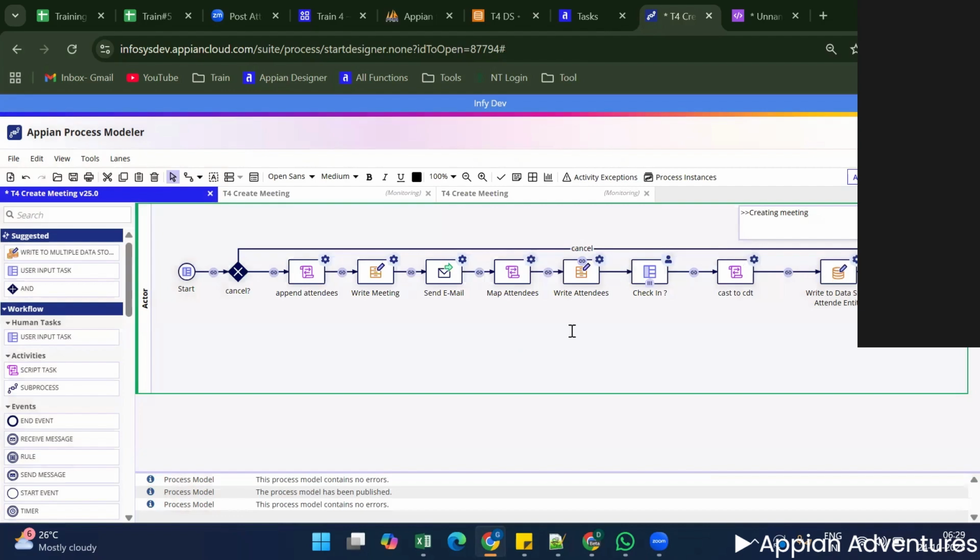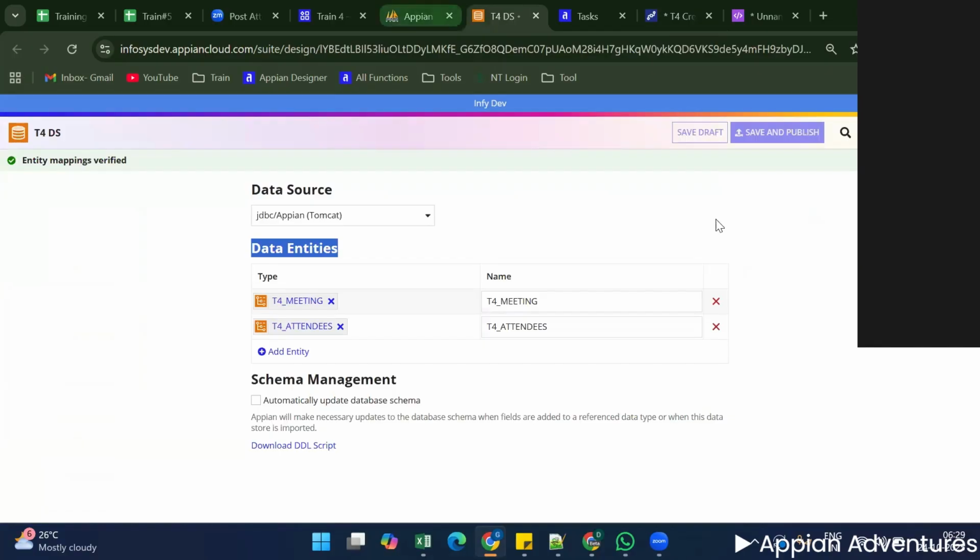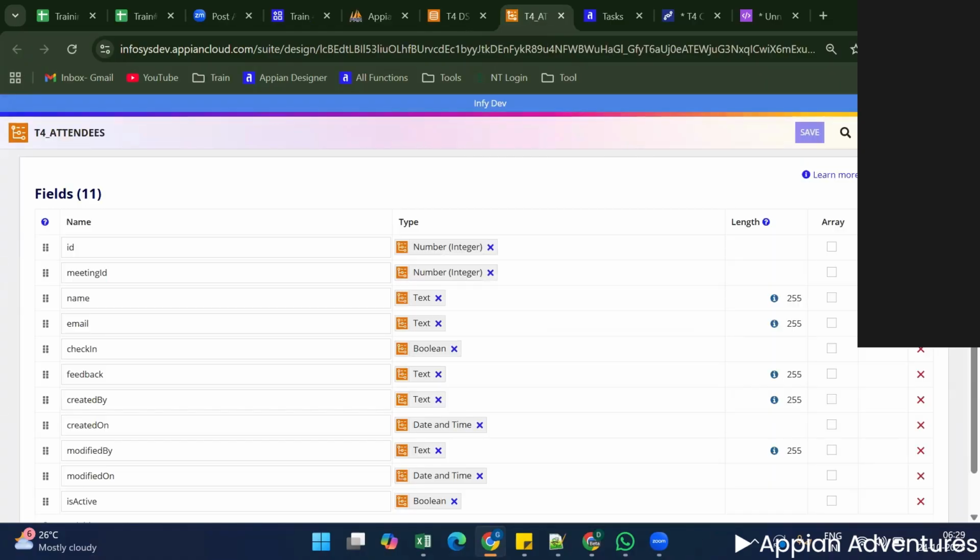Okay, got it. So, can you go to the entity once? You are verifying, right, whether it is syncing with the DB or not, correct? When we click on verify, it will sync the columns with the CDT columns, right? The columns in the DB and the columns in the CDT will be synced. If it is correct, it will show you the success message, correct? Yeah. So if you want me to go into detail on this, so you